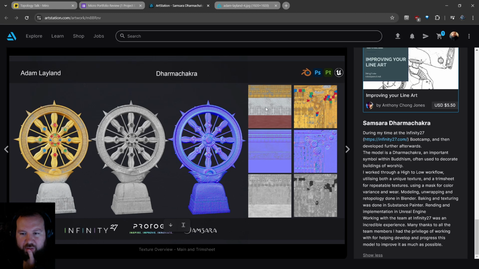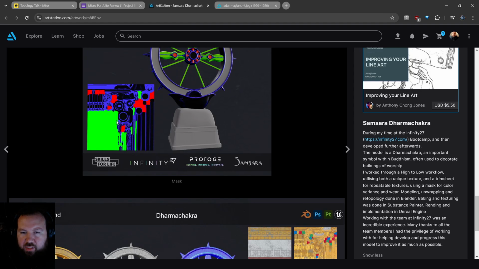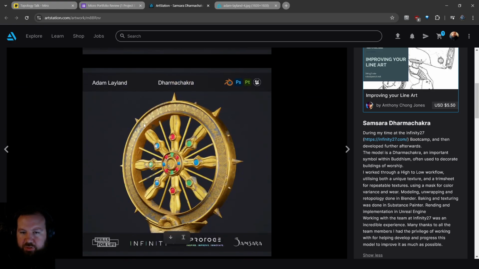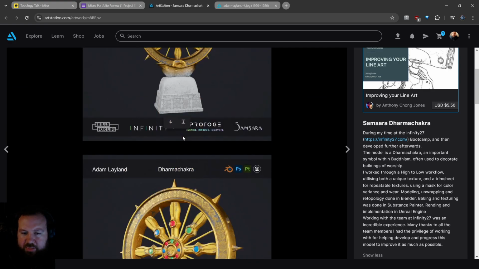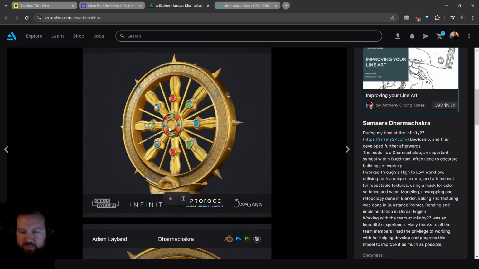I don't know how you're... So you've got a trim sheet, but you've got a unique texture as well. But the unique texture isn't an RGB mask, which is interesting. So I'm not 100% sure about that, because looking at the material, you could honestly just do a